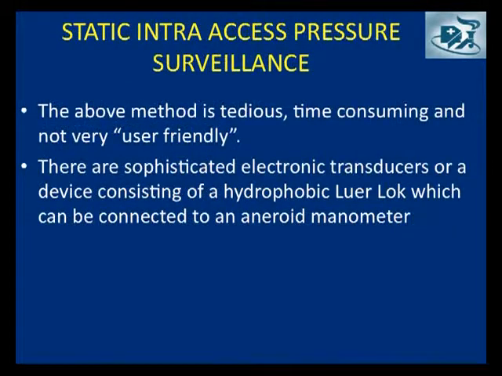And as per the KDOQI, in grafts, static venous pressure ratios more than 0.5 and arterial ratios more than 0.75 are indication for a fistulogram. In fistula, static venous pressure ratios more than 0.34 and arterial ratios more than 0.43 are the cutoff points. In central stenosis with good collateral circulation, the intra-access pressures would not rise because there are collaterals, and these are the situations where clinical examination is of utmost importance.